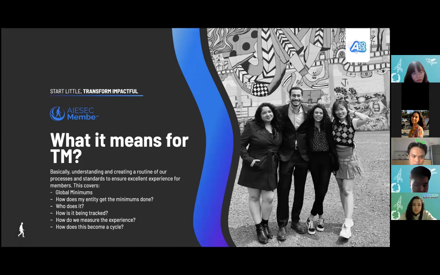is being done. Now, secondly, every entity would have their own way of doing these minimums, right? How I do these minimums will be very different from how Alyssa does these minimums, or how Louise does these minimums, right? It will be very different. Now, how my entity gets the minimums done is something that you define for your entity, because you know your entity the best, and also because we are trying to build a personalized experience for members, right? So you know what will work in Australia or what will work in India. We define what to do to get the minimums done.